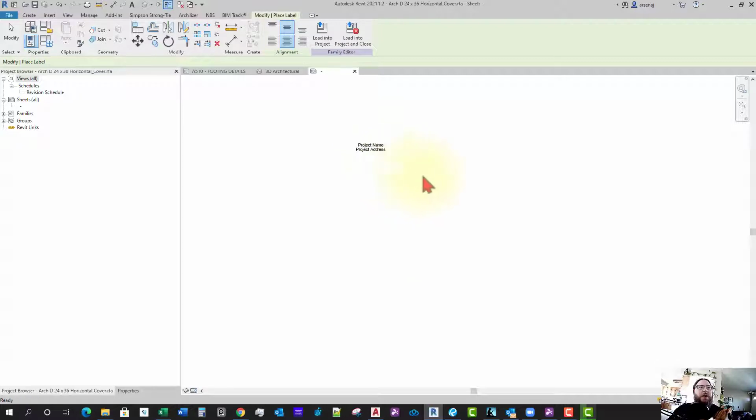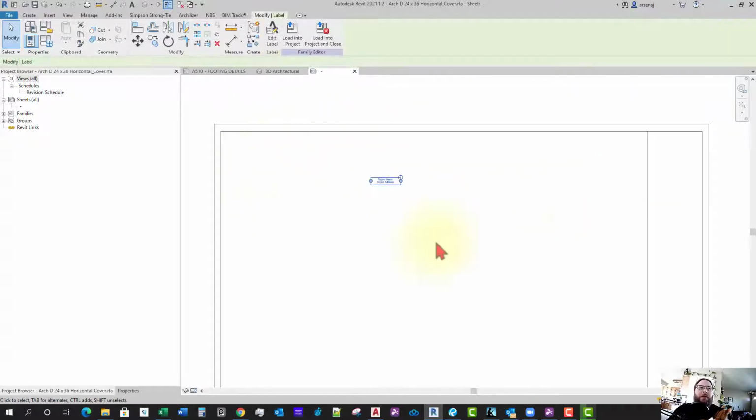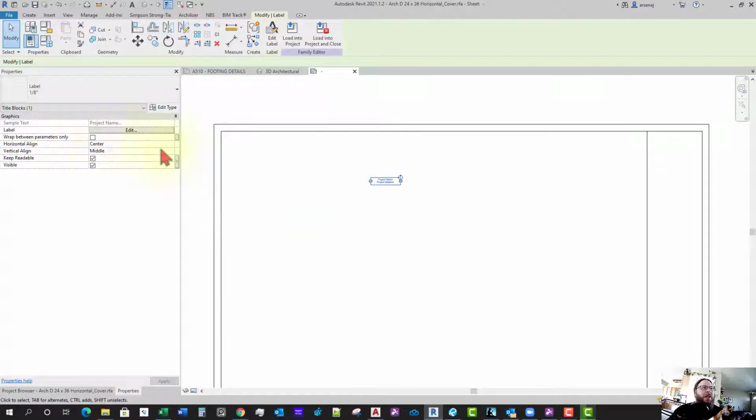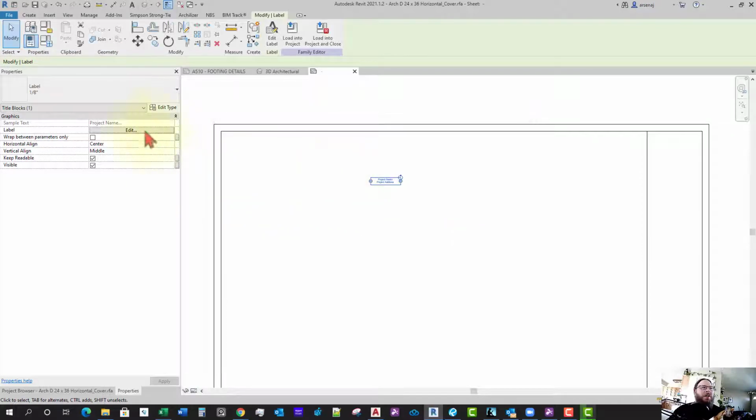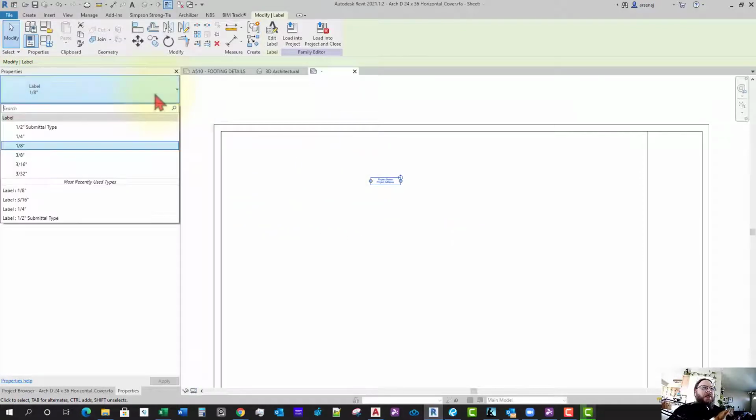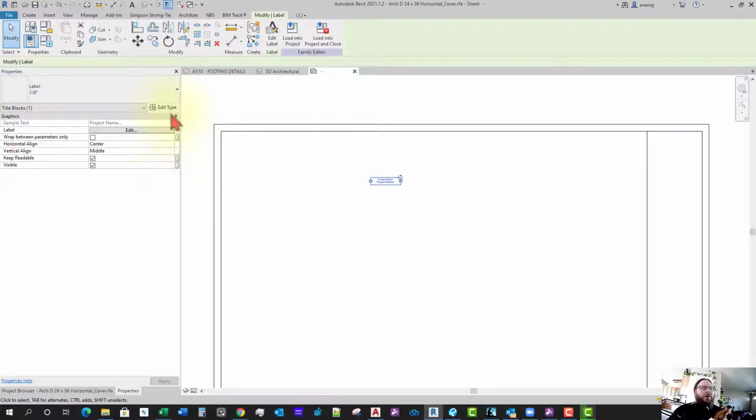So it's real tiny, but for a project we want it to be big. We typically want the cover page to have the project title big. So I'm going to edit this label. We edit the content of the label by hitting edit the label on the properties palette. So now this is the information that it draws, but we want this label to be bigger. So I'm going to edit type